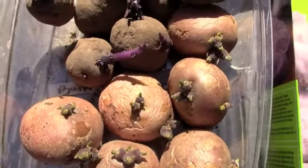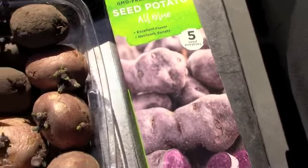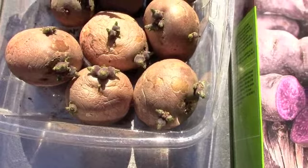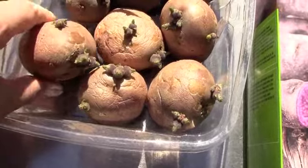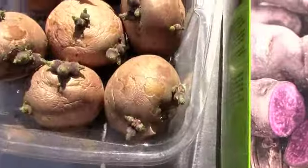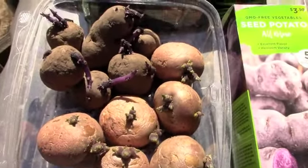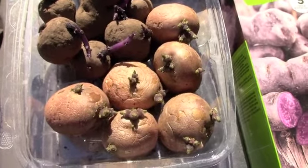Those look pretty promising, the blue potatoes from the seed potato variety that I bought, but these also look very wonderful. So the trick I heard on the internet was, in order to get bigger potatoes, you take off all of the little eyes that are on the potatoes, except for 2 per potato. So 2 or 3. I did 2. Because I want decent sized potatoes, but if you have lots of different eyes coming out of it, you're going to have smaller potatoes. So that was a tip that I heard that I'm going to try,